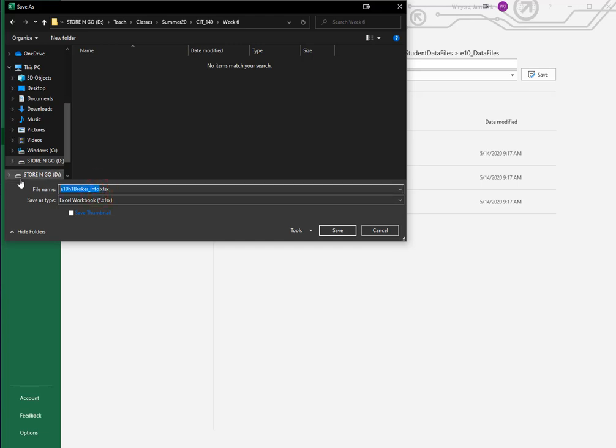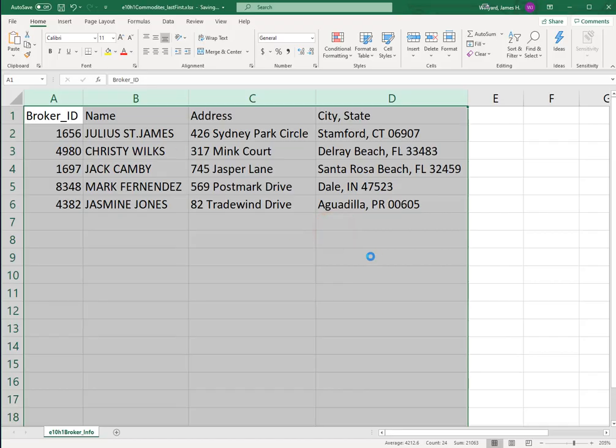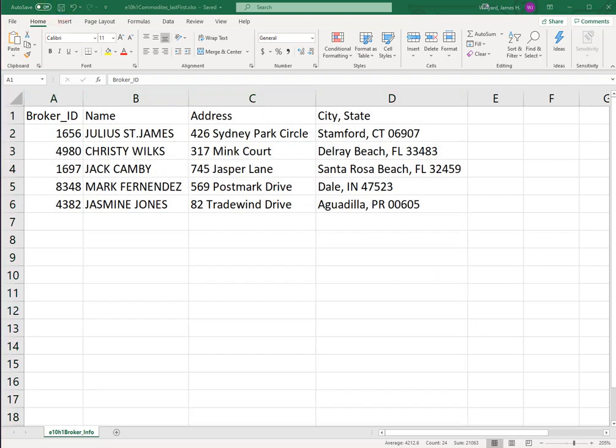And then it tells us a very specific name here, E10H1 commodities underscore last first. Press save, again ensuring it is an Excel workbook. Here we go, that is done. We can press save, and that will send us in to step 2, which has us importing data from an